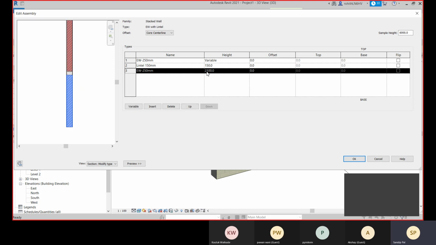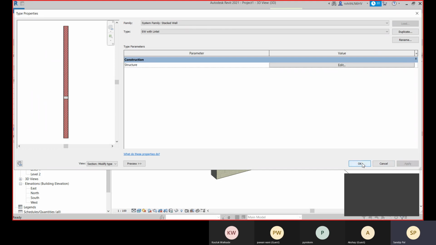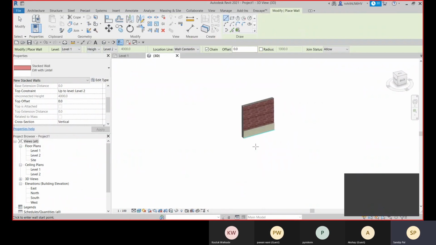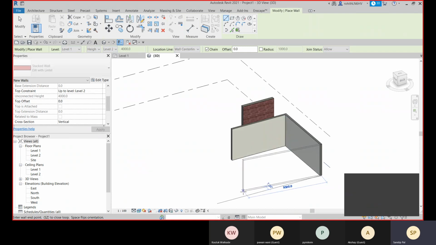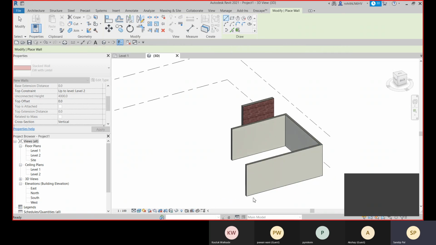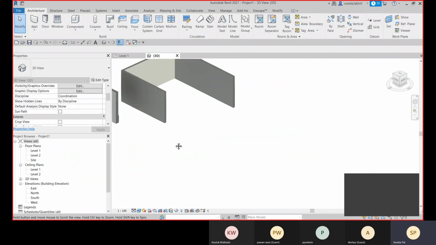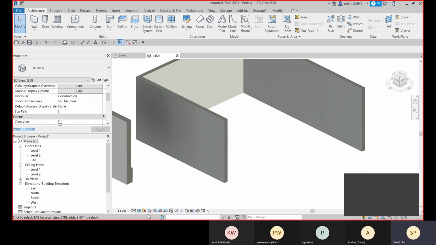It will be till the 2100 height, and then the lintel, and then this wall, the same wall which is placed at the top. Okay, so this is going to be the stacked wall. Click on apply. Now let me place it. Okay, as we have the plaster, we cannot see it.